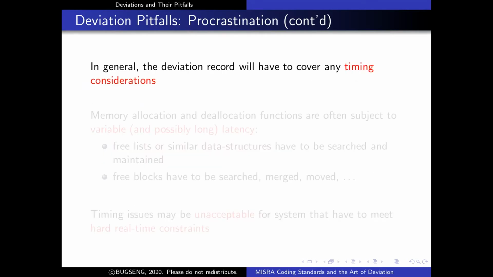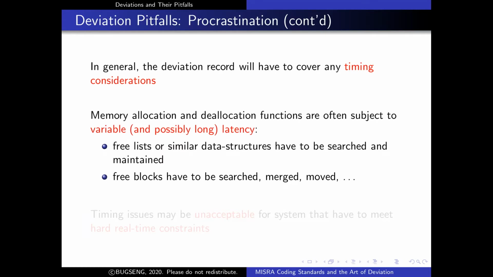Okay, and in general, the deviation record, if you want to deviate from the guidelines concerning dynamic memory allocation, will have to take care of timing considerations, because any means of dynamic memory allocation, unless you are in a very special case, will involve the use of allocation and deallocation functions that are subject to variable latency, because free lists have to be searched and maintained, free blocks have to be searched, may be merged and moved, and the timing constraints may be such that the solution you are thinking about is not acceptable for the system you want to realize. So